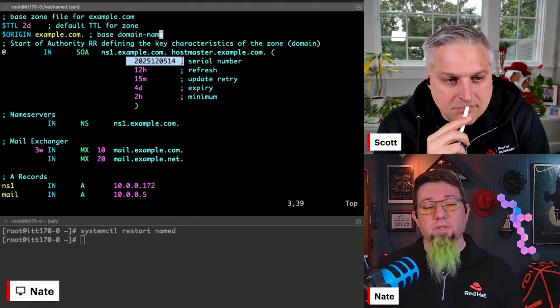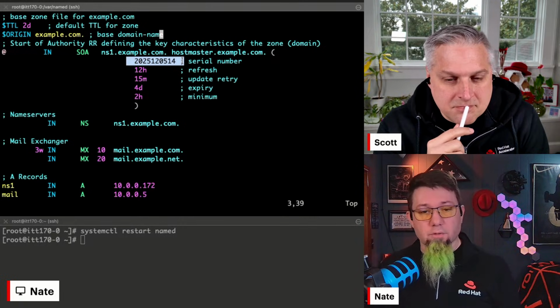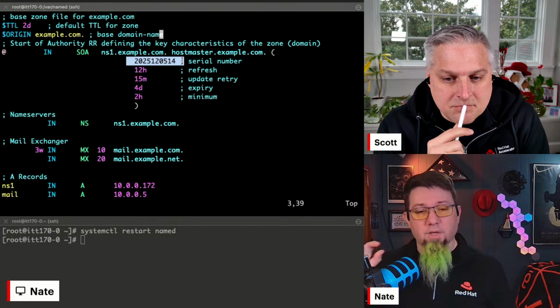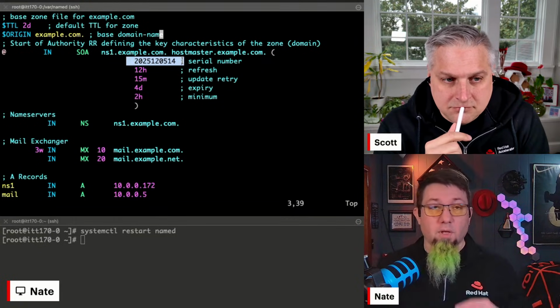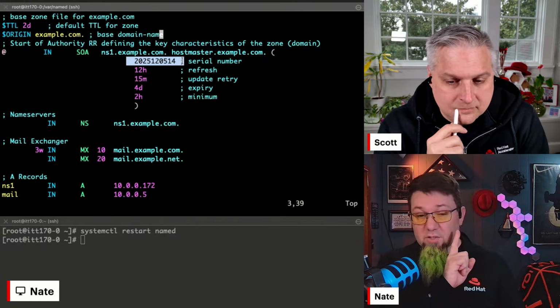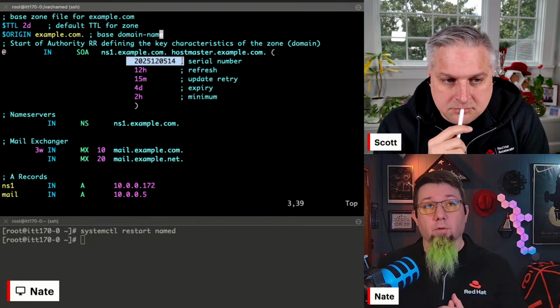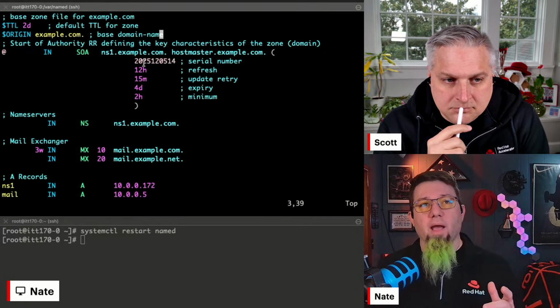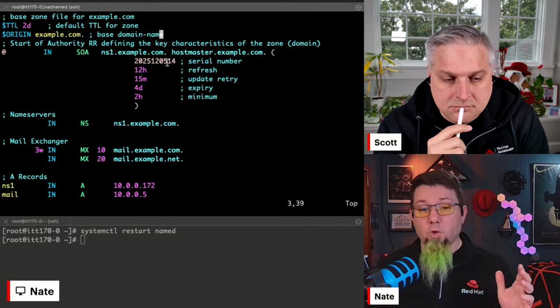Okay, and then the serial number, which we talked about a little bit in the critical path. This is how other name servers, especially things like your secondary name server, know when you've made an update to this zone. After you've made a change to this zone, you must make the serial number at least one digit higher. You must add one to the serial. So in my case, I have this formatted like year 2025, month 12, day 05, and then an increment number at the end. And usually I make that 2 digits because that will allow you up to 99 changes in a day.